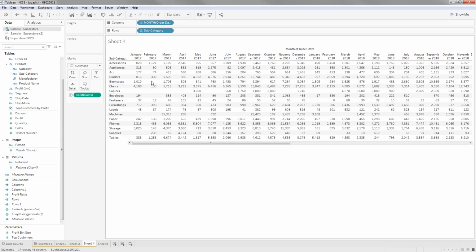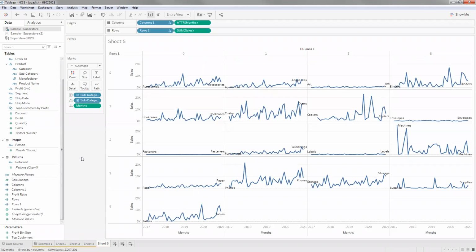What Jairam is suggesting is, if you use a ZN function, wherever it is null, it will consider it as a 0. In that case, Tableau will not have an empty value, but it will consider, hey, okay, I have 0, so I will not fetch the next value. I think that's a good suggestion, Jairam. We can possibly try that, and hopefully it will work. Okay, thank you. Okay.